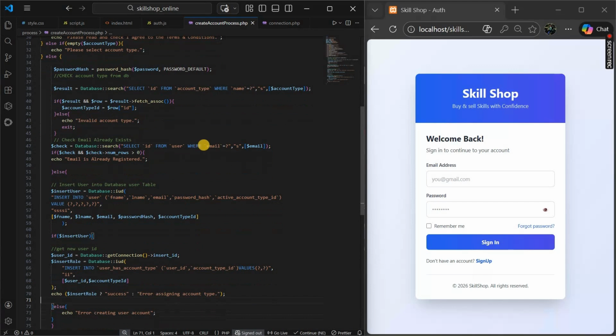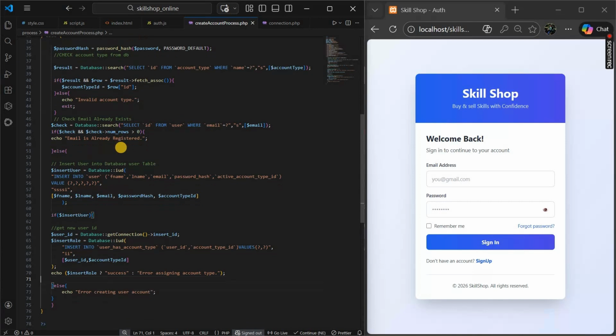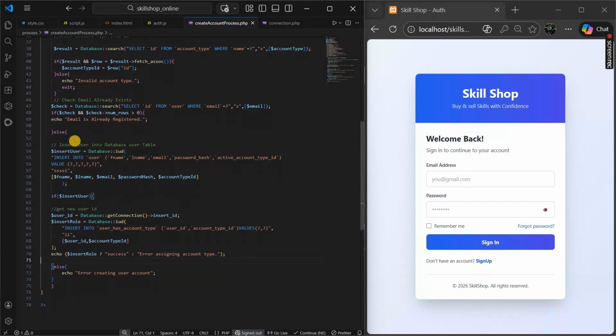Then I check email. If the email already exists, we can see the message email is already registered. I use this query for that, and this one I use to insert the user into the database user table,